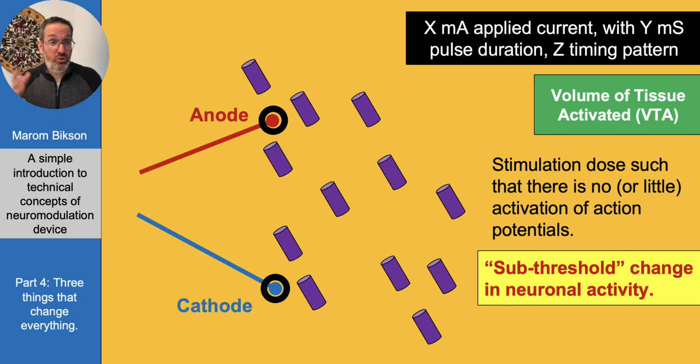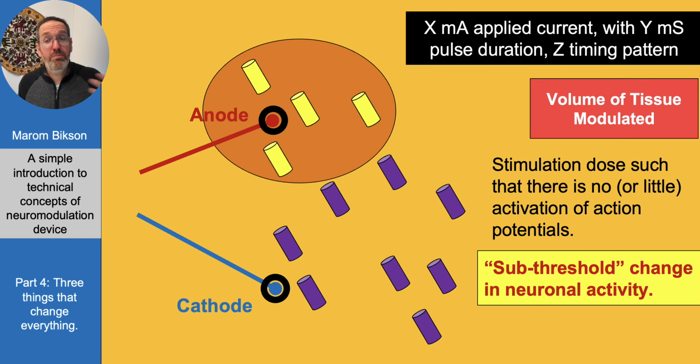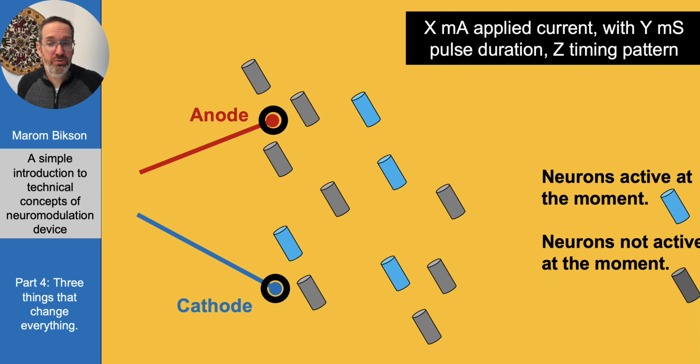And so all this falls into this category of loosely subthreshold neuromodulation. And I need to mention it because it's very different, because now what do we mean by volume of tissue activated? We're not generating action potentials anymore as a principle. We're more modulating membrane potentials, right? And so people will talk about this is a region now where I've modulated its activity, but not necessarily made it fire. And again, this is a big area in itself, but it's a concept that needs to be kept in mind, because everything I've talked about so far was about